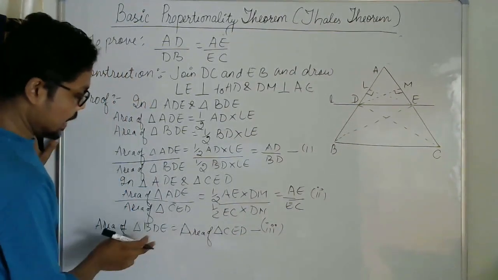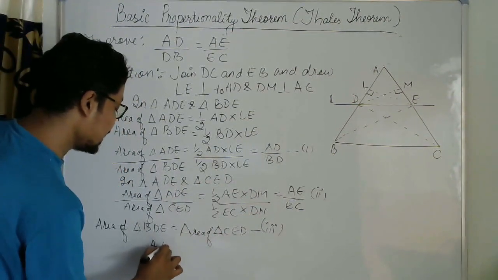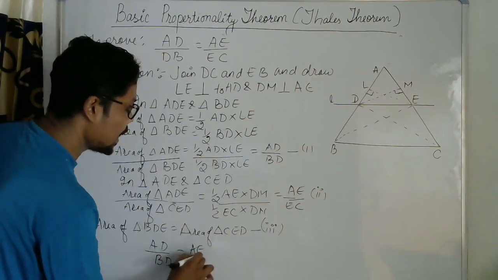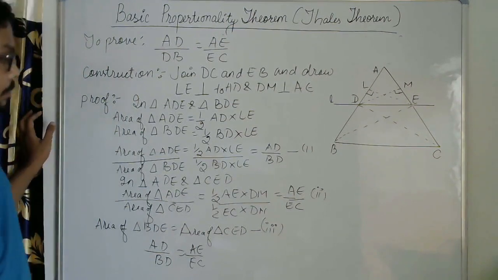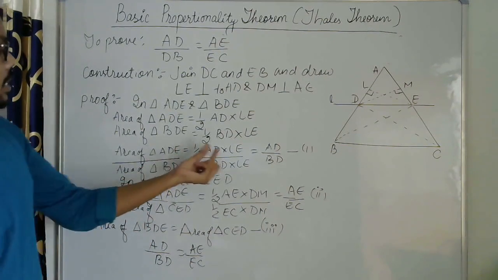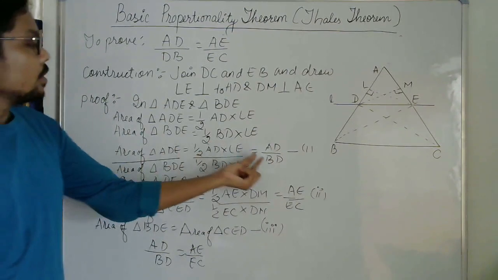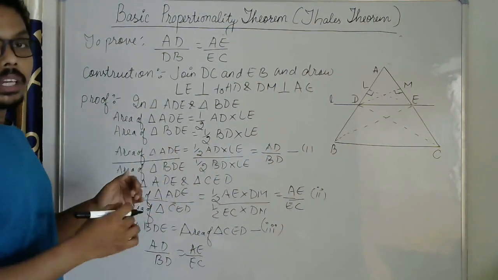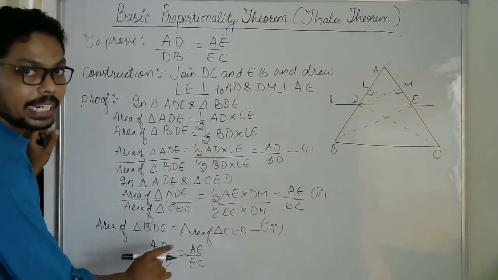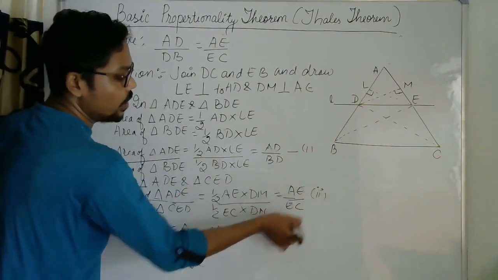So combining all this and this, what will I get? Lastly, I will be getting AB by BD, which is equal to AE by EC. How will it be? When we compare this, the area of BDE, we'll just find that one. So what will that be? Area of BDE will be this into this divided by AD. And when we compare that, they will cancel each other and this part will remain. That is AD by BD is equal to AE by EC by these 3 relations.